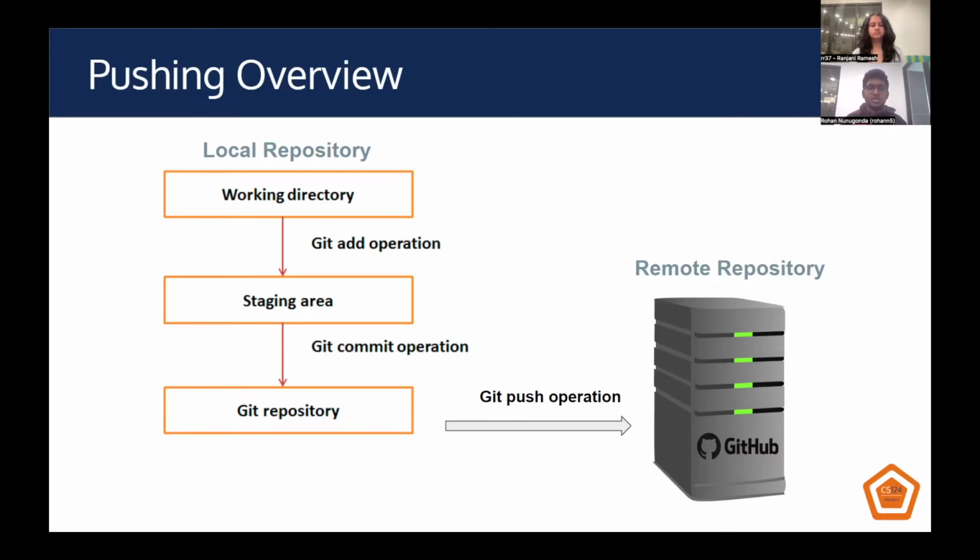So between the staging area and the Git repository, we need to make what Git calls a commit. A commit basically tells Git that, okay, we have all the changes that we have made ready in the staging area. We can now push them into the Git repository. So once you commit, and often when you commit, you will commit with a message that describes the changes that